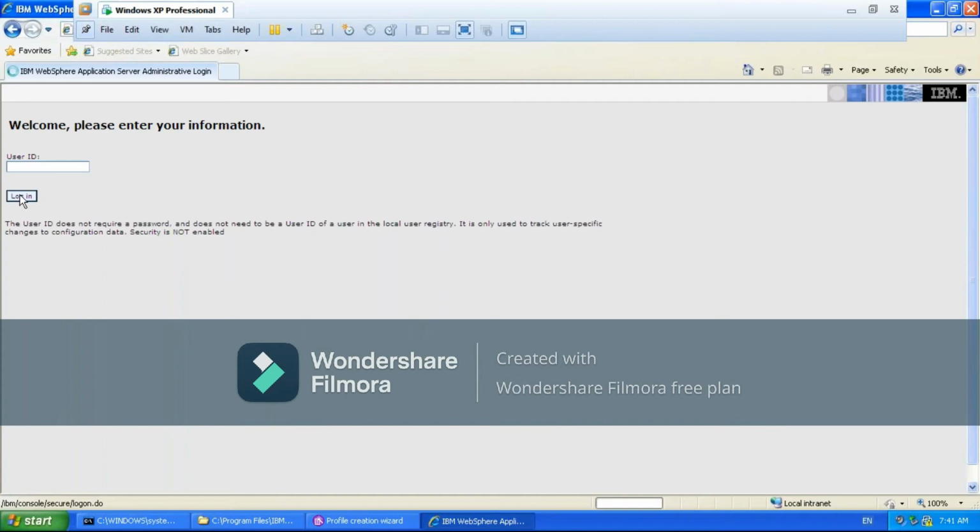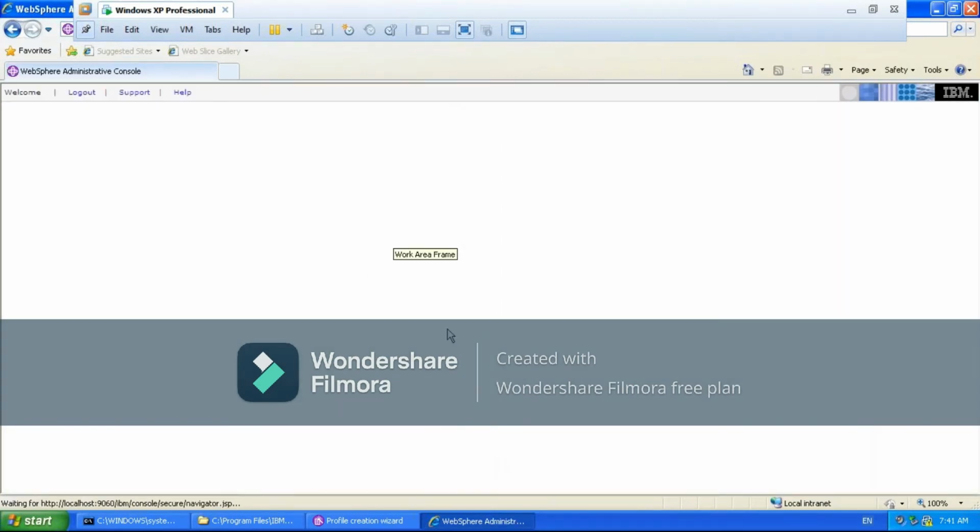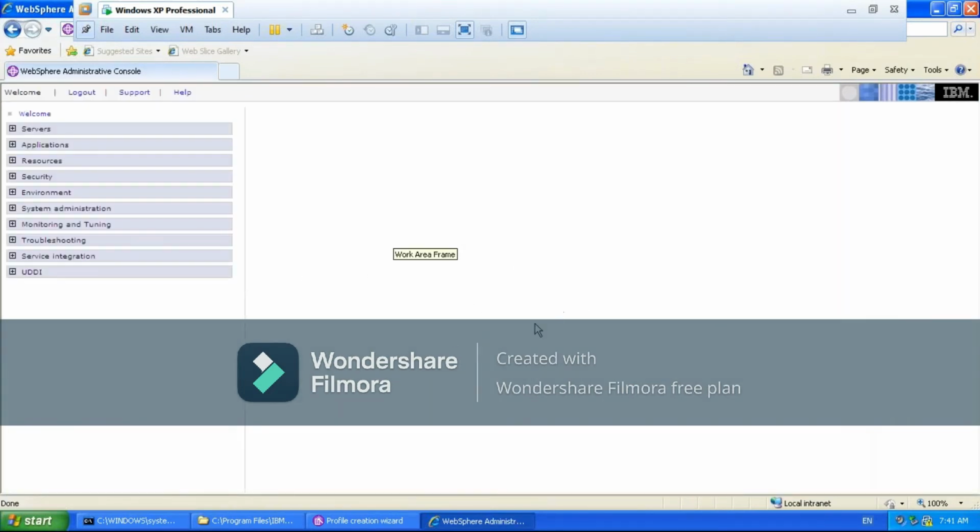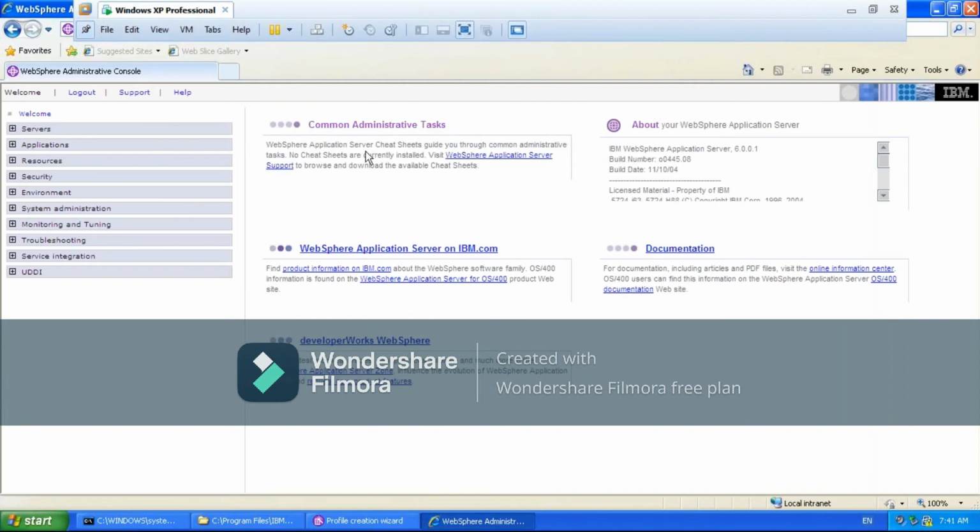Okay, log into here. So this is the home where you will do the entire administration, right? You should be very clear with all the content we have inside this, go to each and everything and do a complete R&D of each and everything. Touch everything, Google it and search for each and every point. If you are 100% perfect with each and everything, then you will do very good administration of WAS.